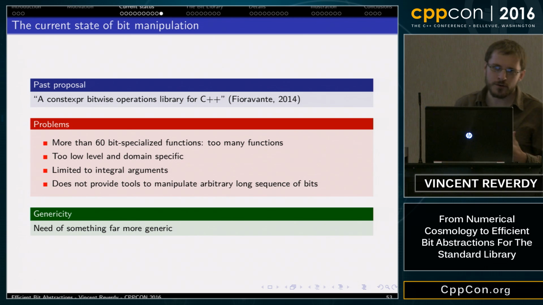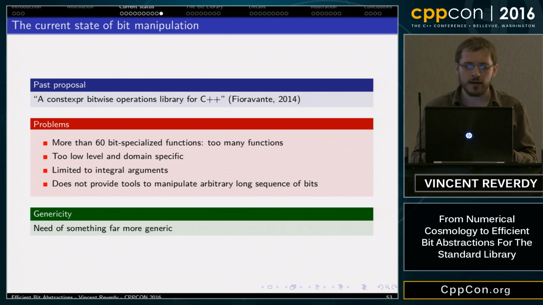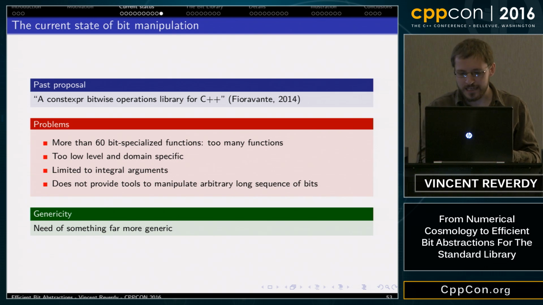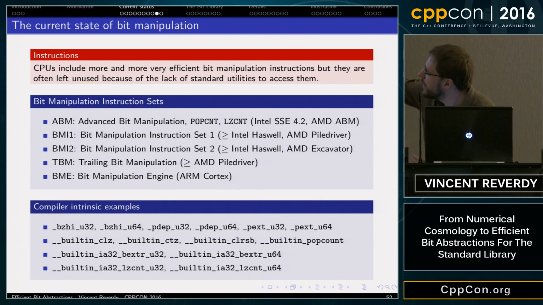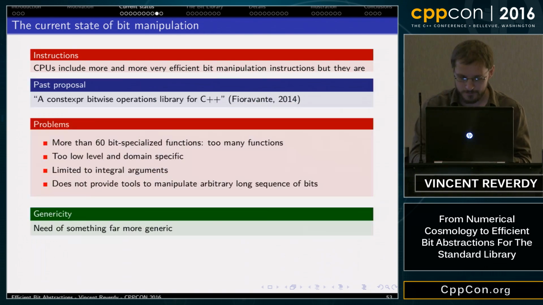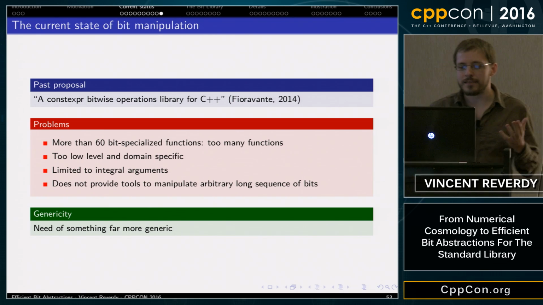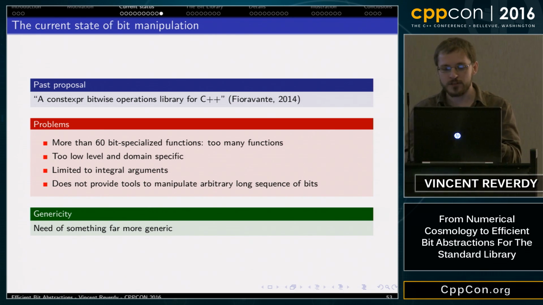Some people wonder how we can improve bit manipulation in C++. There was a proposal in 2014 called a context-free bitwise operation library for C++. The goal was to give standardized functions to manipulate bits. The problem is that there were more than 60 specialized functions.